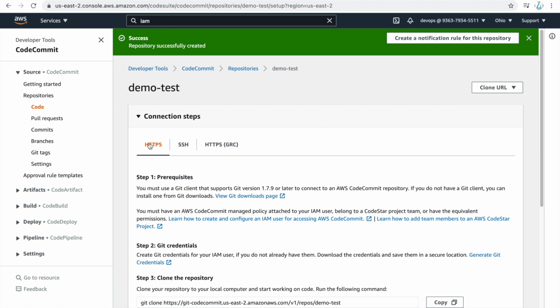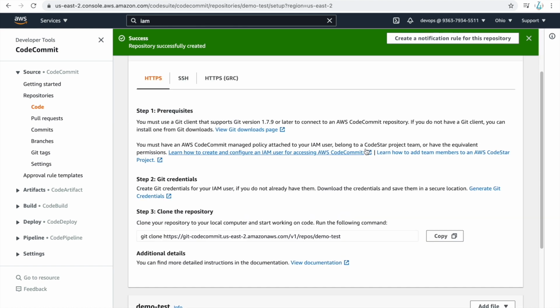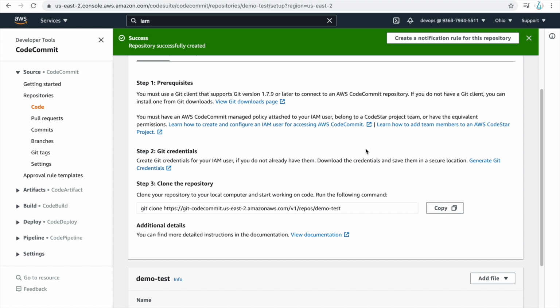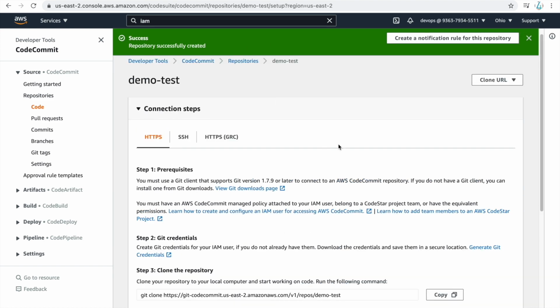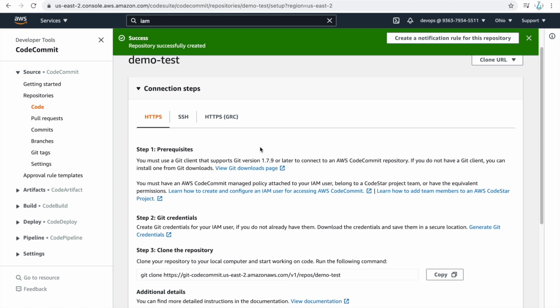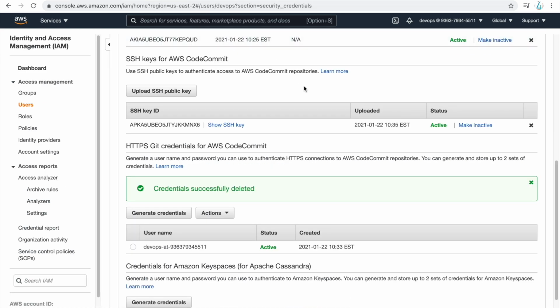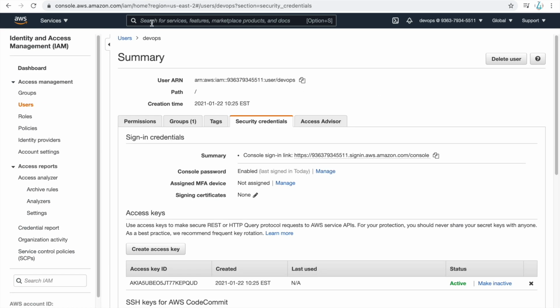First, for HTTPS, you should be logged into your AWS console using an IAM user. Otherwise, you won't be able to use HTTPS and SSH. For HTTPS, the first thing you have to do is go to your IAM and search for your user.